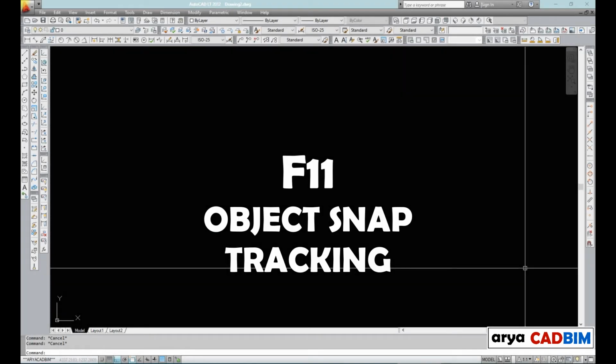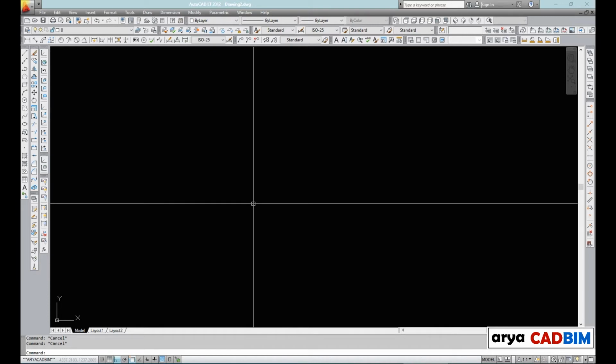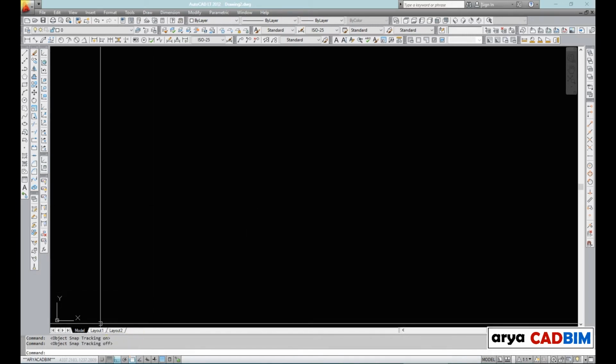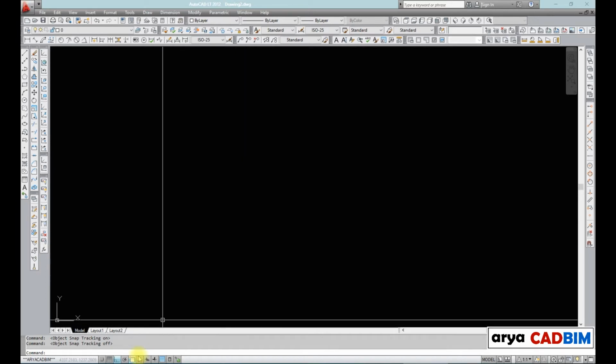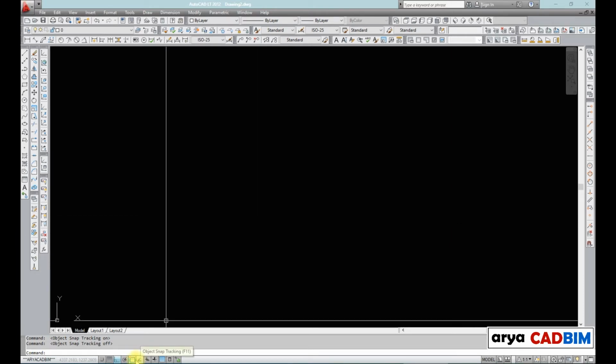F11, Object Snap Tracking. You can turn on or off Object Snap Tracking with F11 key in AutoCAD. You can also use the status bar icon, of course. Here you have it next to Object Snap. Click to open or close. Object Snap Tracking works in conjunction with Object Snaps. You must have Object Snap turned on. You can only use active Object Snap modes for